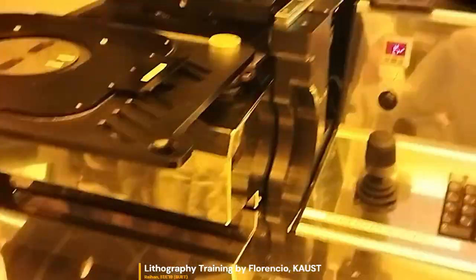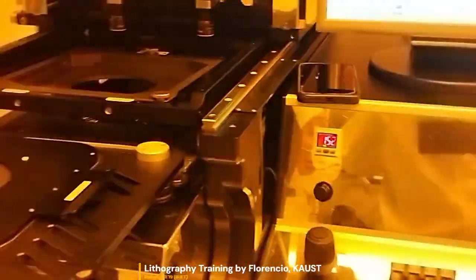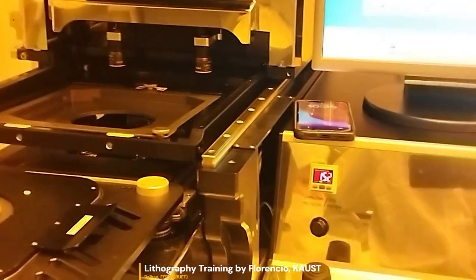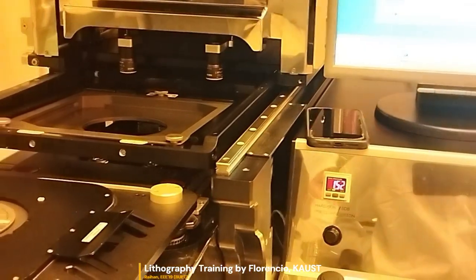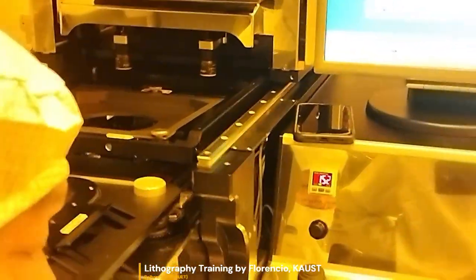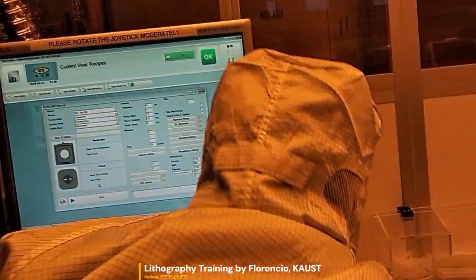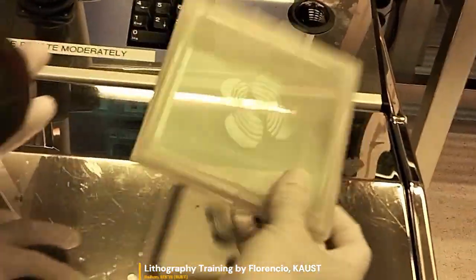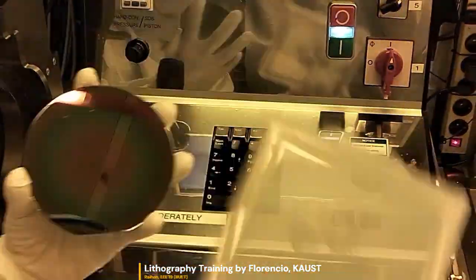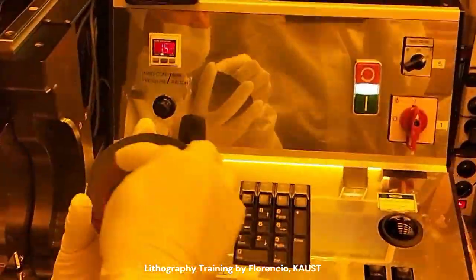Another wrong thing students are doing here, they start their process with a dicing process. So they cut their sample into small pieces, which is very, very wrong. What we should do is make an array of designs in the mask writer. So your mask, see, that's why this is big. That's why this is 5 inch. It's not because they want it to be 5 inch, but because you can put several patterns in here. And now for a 4-inch wafer, we expose, so each of the patterns will be exposed here.